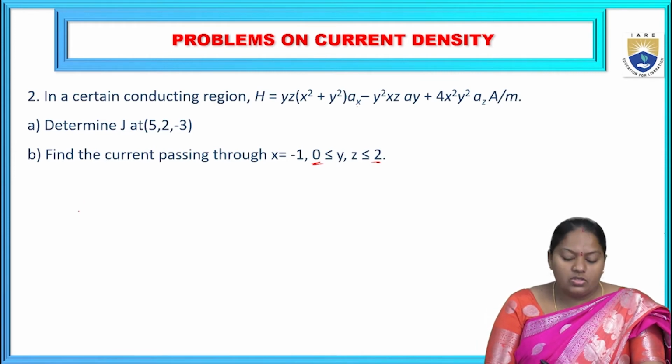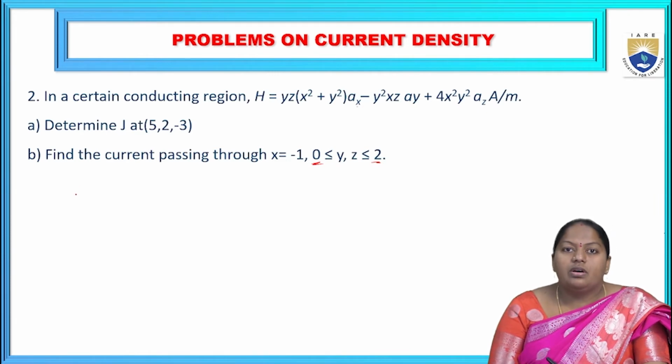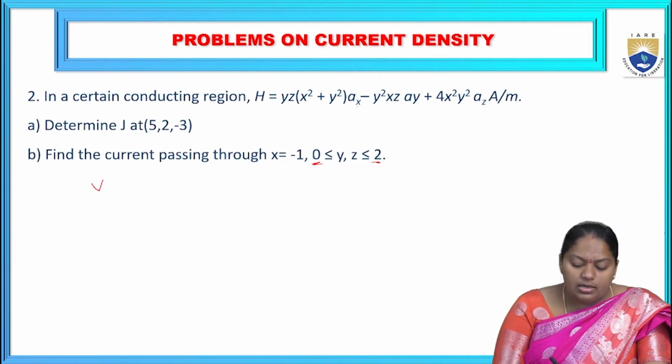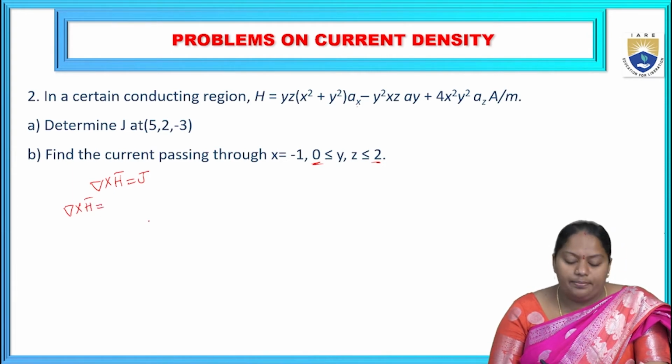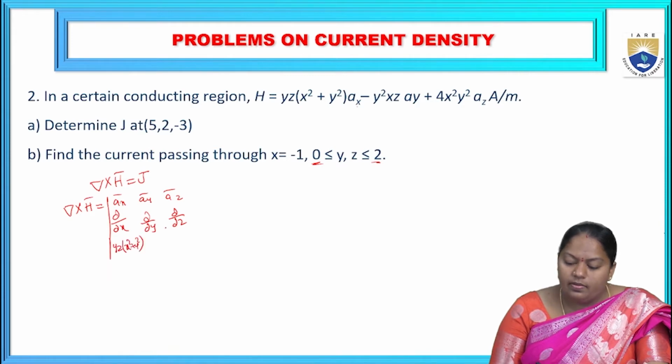Now to find the current density J, the relation between J and H is given according to the point form or differential form of Ampere's circuit law, that is del cross H bar is equal to J. So find first del cross H bar, it becomes the value of J. So del cross H means we need to find the determinant form: ax bar, ay bar, az bar, dou by dou x, dou by dou y and dou by dou z. Then the x component is yz into x square plus y square, then minus y square xz is the y component, and 4x square y square